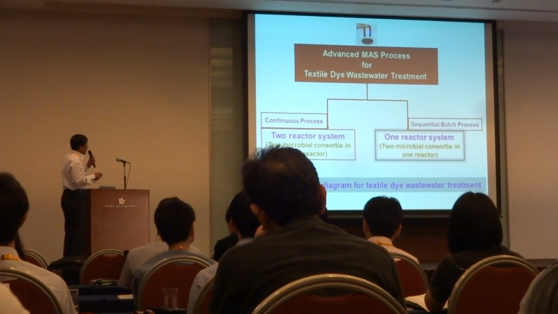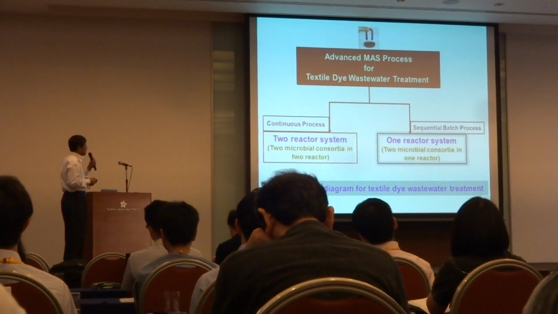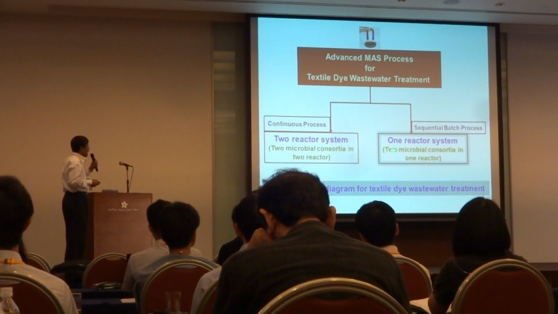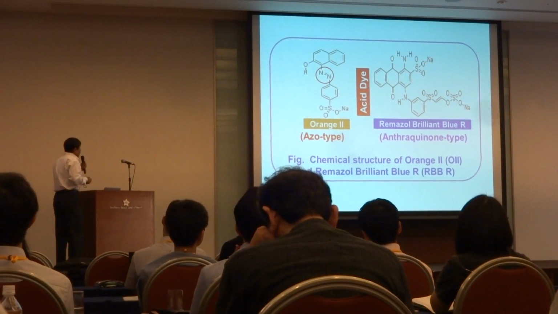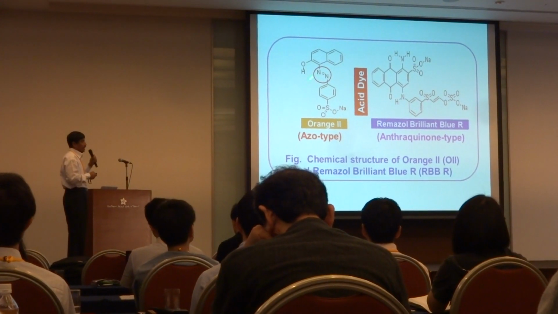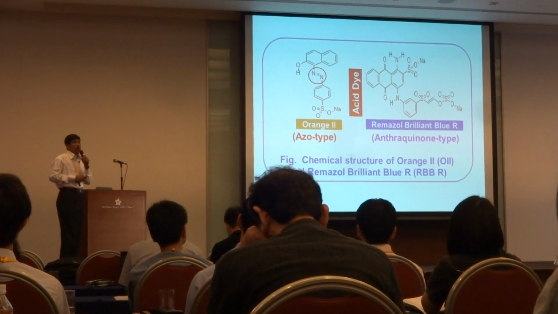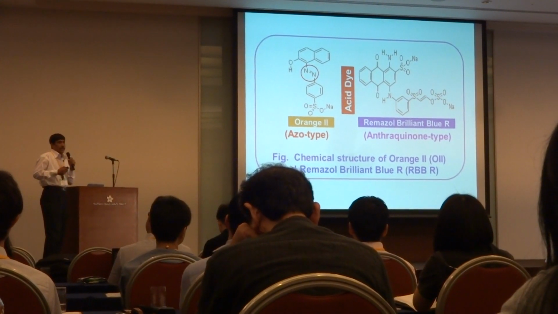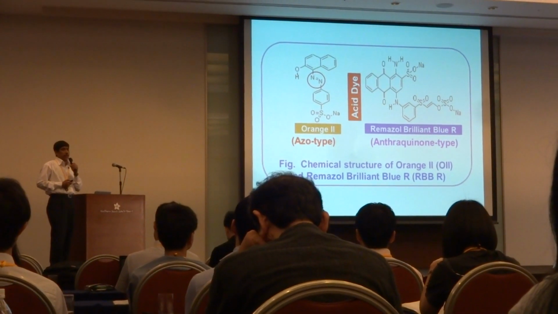So this is the diagram of the textile dye wastewater treatment process. We have studied 2 systems. The first one is the 2 reactor system, and the second one is the 1 reactor system. Now I would like to explain this way. In the textile dye wastewater, the azo dye is very difficult to break down because of this nitrogen-nitrogen bond, this azo bond. That's why we need 2 modes of operation. One is anaerobic, another one is aerobic. In aerobic